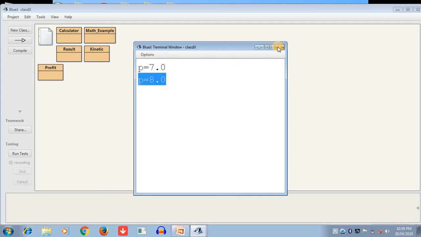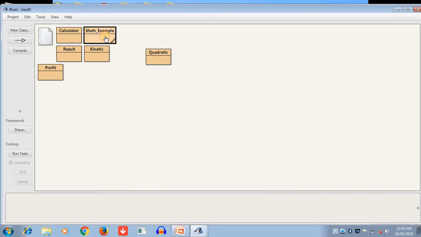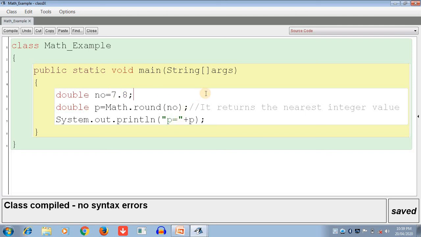So it is a very common function. We are using the Math class, and round returns the nearest integer value of the given number. How many arguments are accepted by these functions, ceil, floor and round? Only one value is accepted. As an argument, we give only one number.